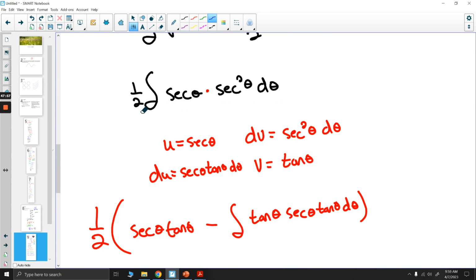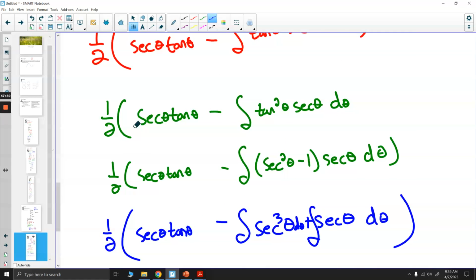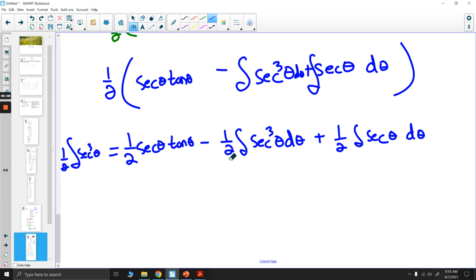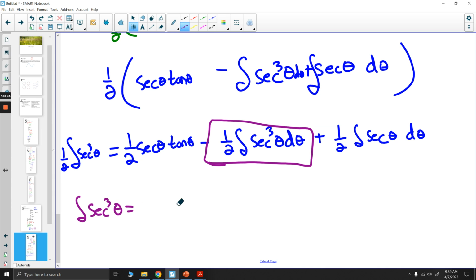This thing here, 1/2 times our secant cubed theta, that's what that thing here was. So if I add this over, 1/2 and 1/2 makes 1. So I'm going to add this 1/2 secant cubed theta over, and we get the integral of secant cubed theta is equal to 1/2 secant theta tangent theta